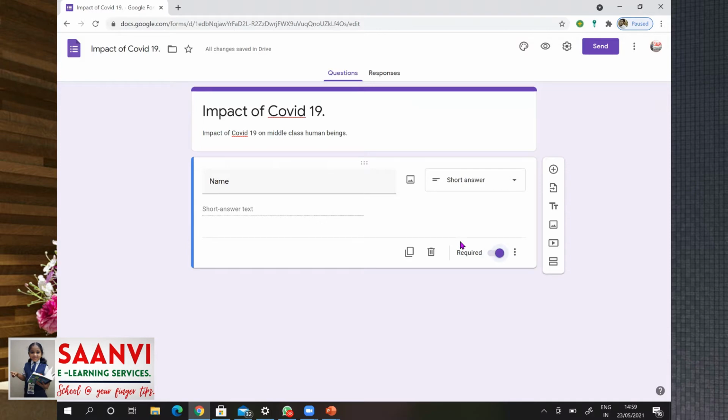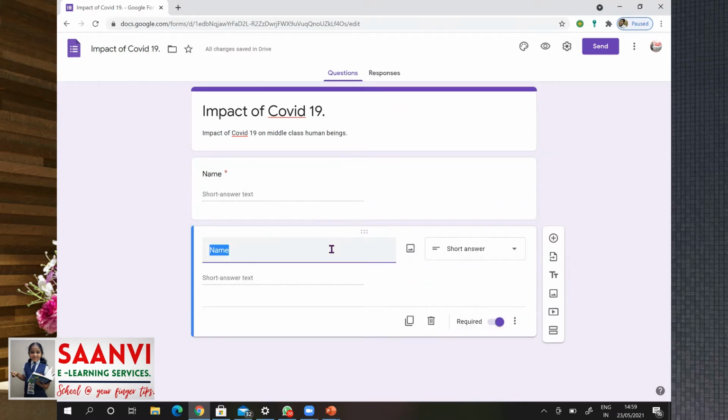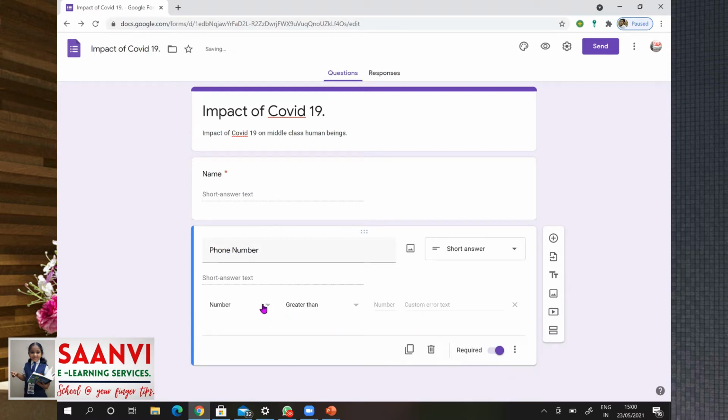To get another field, you can either click on this plus or click on duplicate. Let me click on duplicate. Let me also collect phone number. As phone number is a number, if user enters alphabet, we may get invalid number. So to avoid it, we can add validation, that is collect only number, by clicking on these three dots and clicking on response validation. Here, number